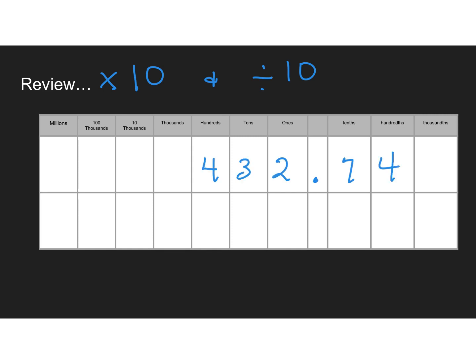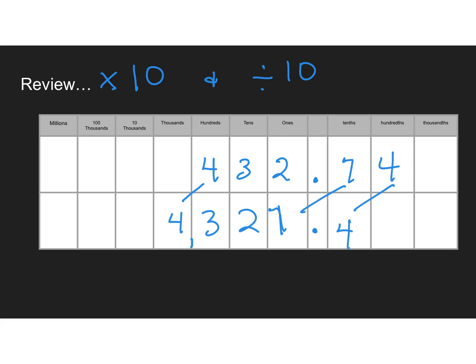Okay, let's take the number 432 and 74 hundredths. That's how you would say it in word form. And if we multiply it by 10, remember we just go across the line, that's multiplied by 10. So we would have the number 4,327 and 4/10. Now I'm going to erase, and then let's look at this and see if we can divide